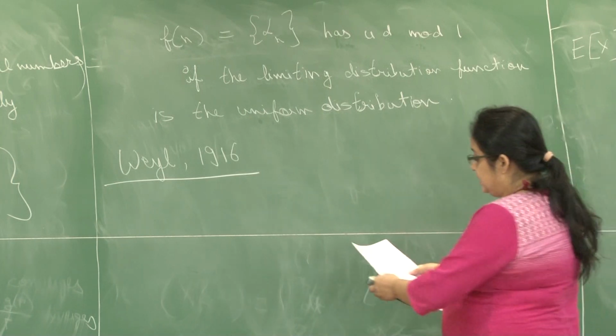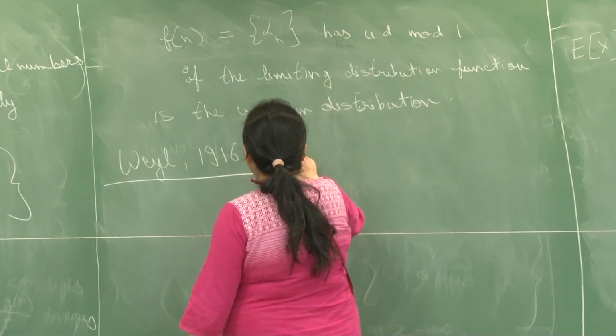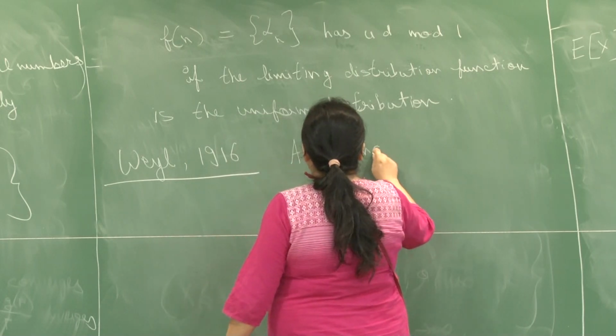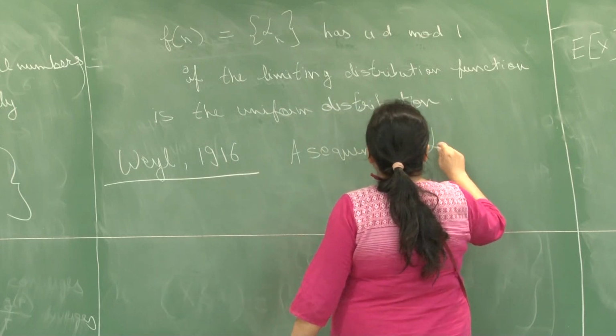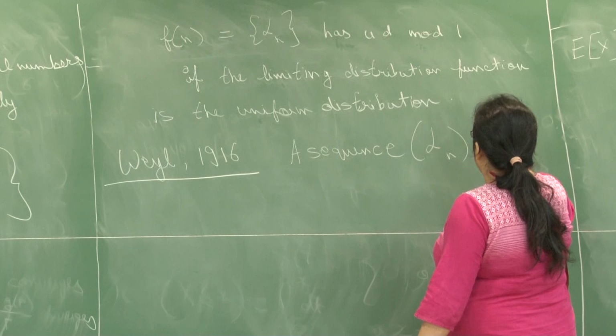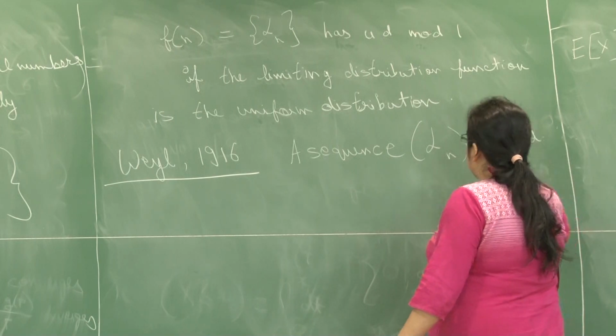He says the following, that a sequence alpha sub n is uniformly distributed mod 1